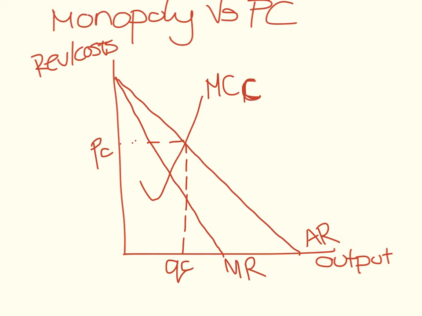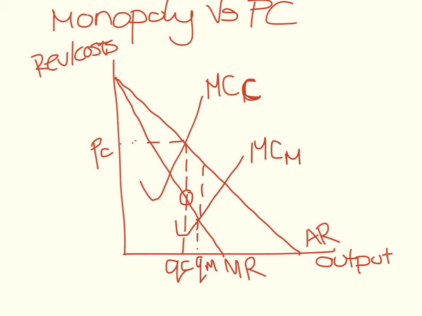Okay, so to do this diagram correctly, what needs to happen is your marginal cost curve for the monopoly needs to intersect the marginal revenue at a lower point than where the vertical dotted line that I've just drawn has intersected marginal revenue. So it just needs to cut the marginal revenue curve to the right of that point that I've just circled there. So there we go. I'll put marginal cost of the monopoly, and this is going to be the profit maximizing output, marginal cost equals marginal revenue,